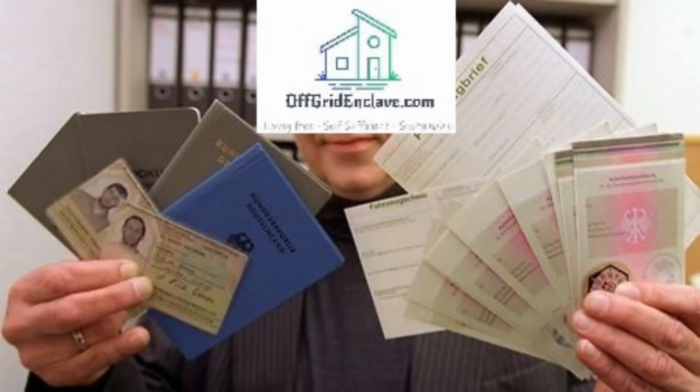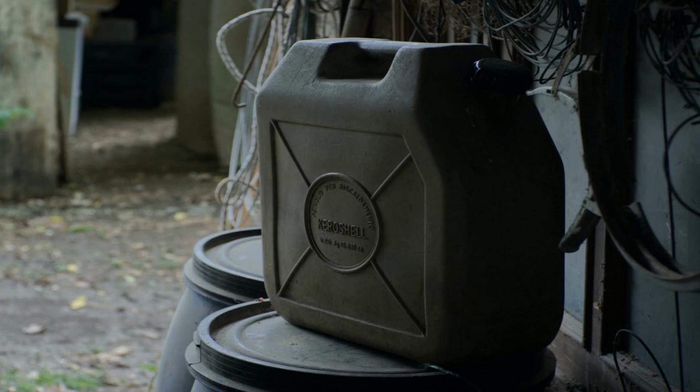A good thing to have 2 sets of is also copies of all your important documents. Passport, driver's license, car registration, car insurance, your insurance, and so on, documents of that nature. Before I overlook one of the most important aspects, you should definitely carry some backup fuel